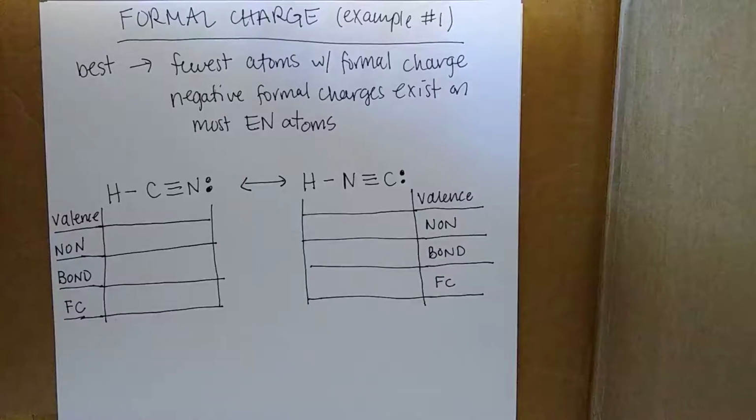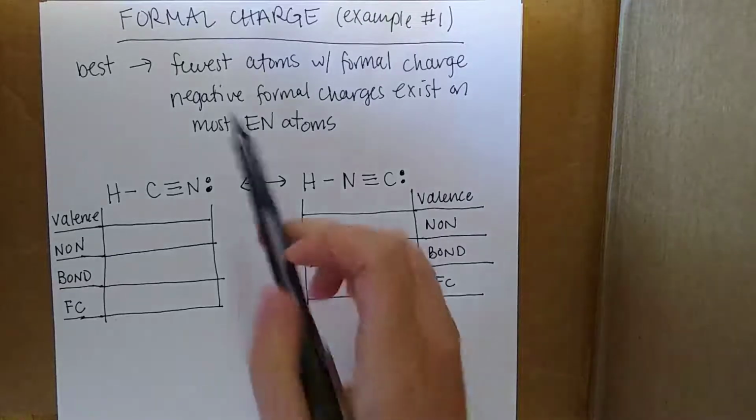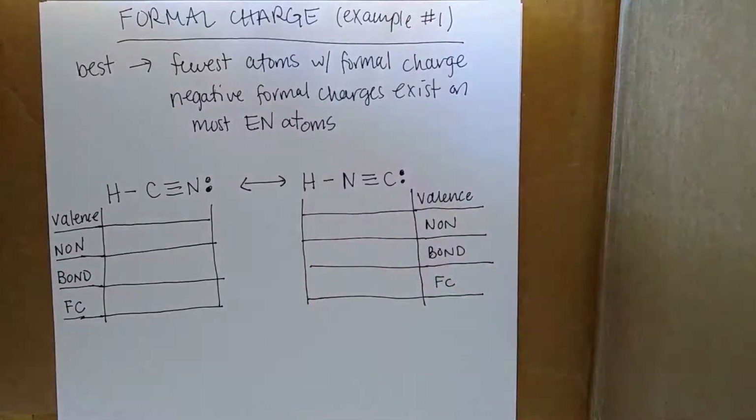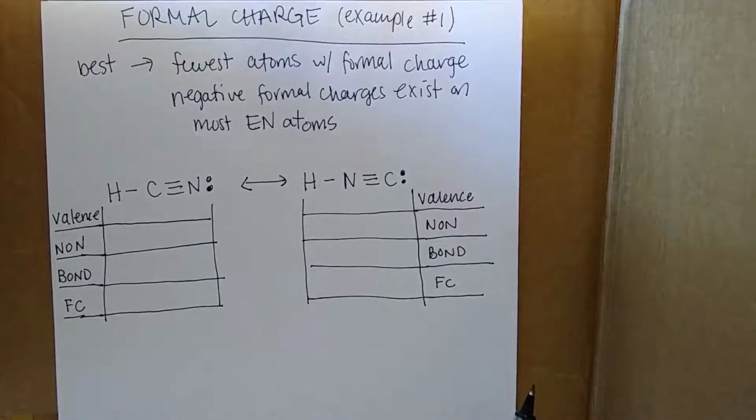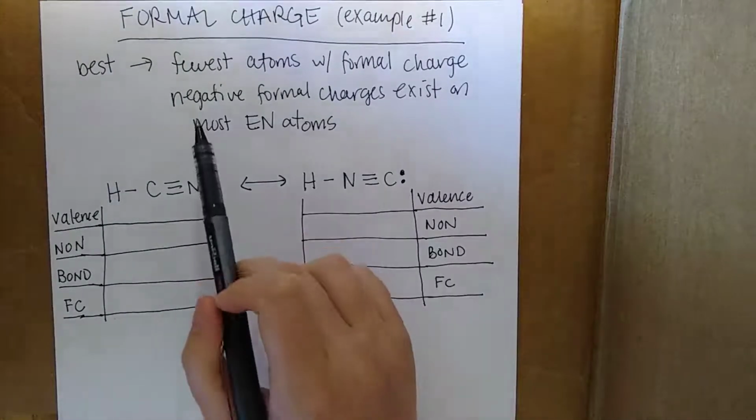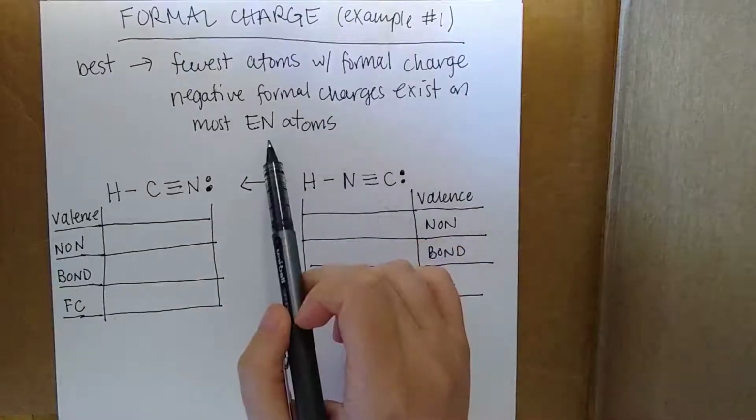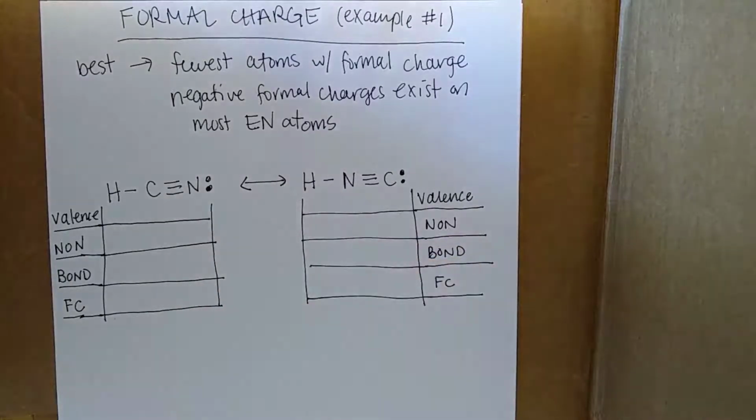So the first things you need to know are the rules for choosing the best structure. First of all, the best structure has the fewest atoms with formal charge on them. You'll see what I mean in a moment. And furthermore, the best structure has the negative formal charges on the most electronegative atoms. So these are some rules that we're going to go back to when we're looking at these resonance